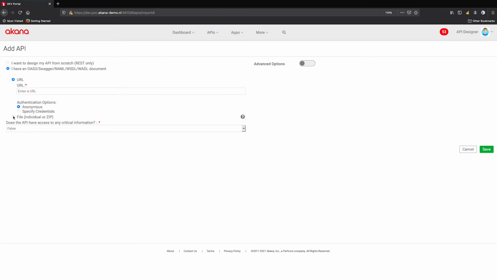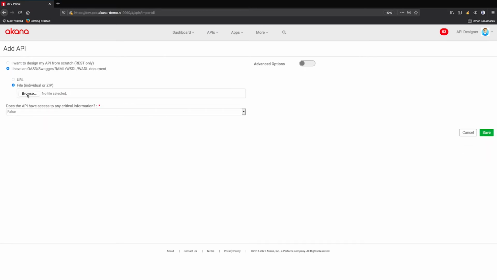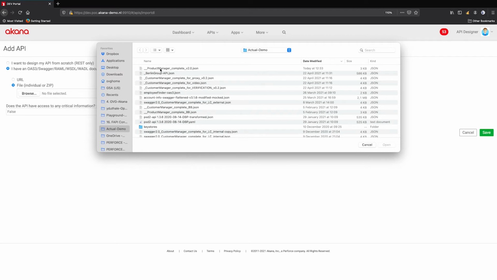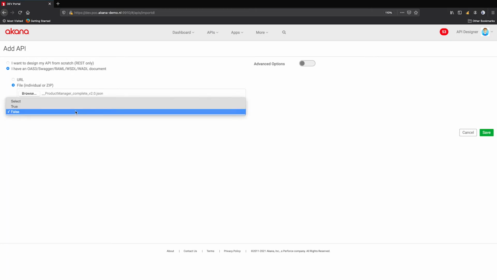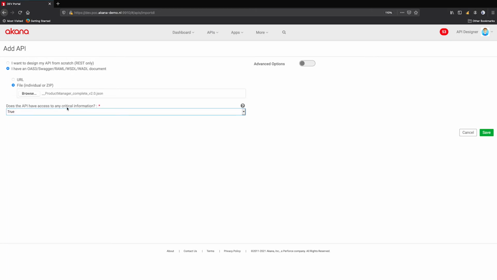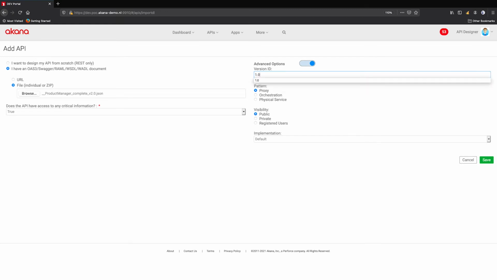I'm going to use the same Swagger file that I used just now for that API that we saw just now. But in this case, I'm also going to indicate through additional metadata that this API is actually giving access to critical information. And that means that I want a policy collection applied to this API automatically when I hit save, which I am going to do just now.